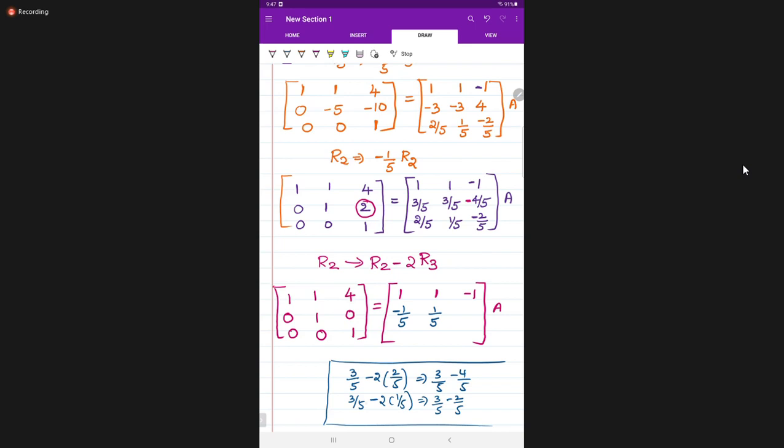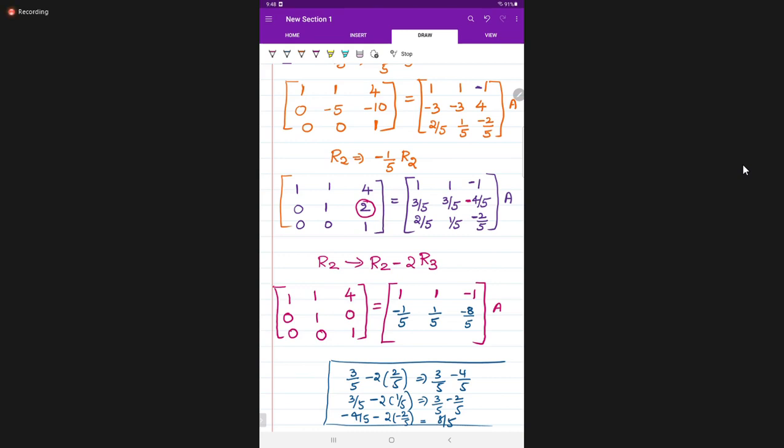Next, 4 by 5 minus 2 into minus 1 by 5. So which is equal to how much? Ma'am, minus 2 or minus 6? Minus 8 by 5, ma'am. Response, students. Okay, okay. Minus 8 by 5. 8 by 5, ma'am. Plus 8 by 5, right? No, minus 8 by 5.